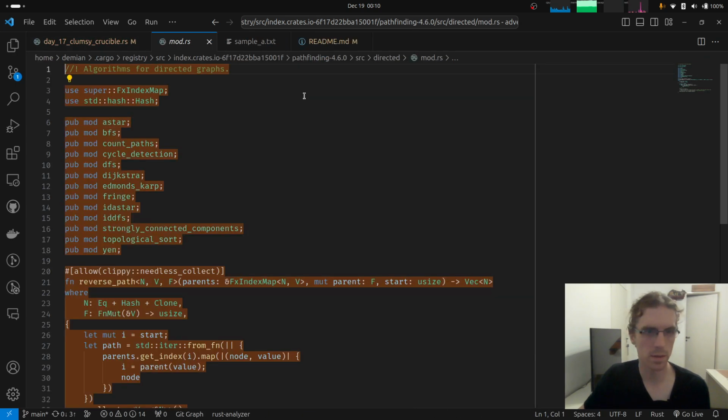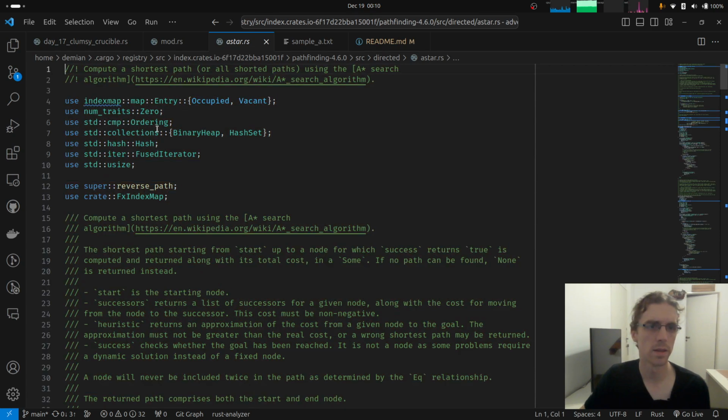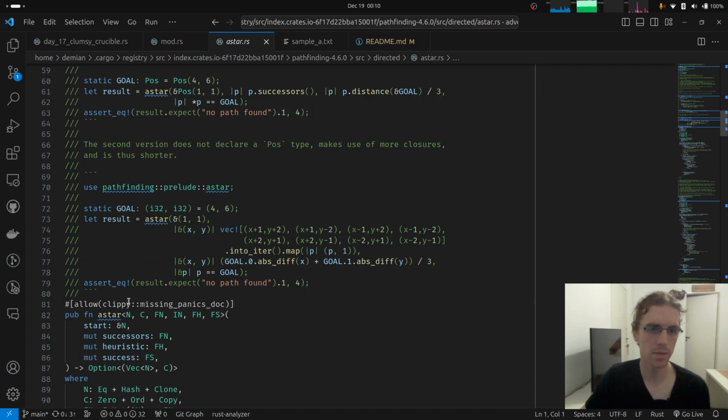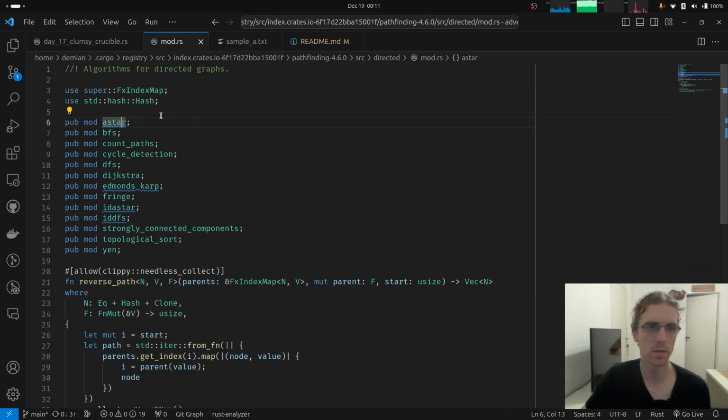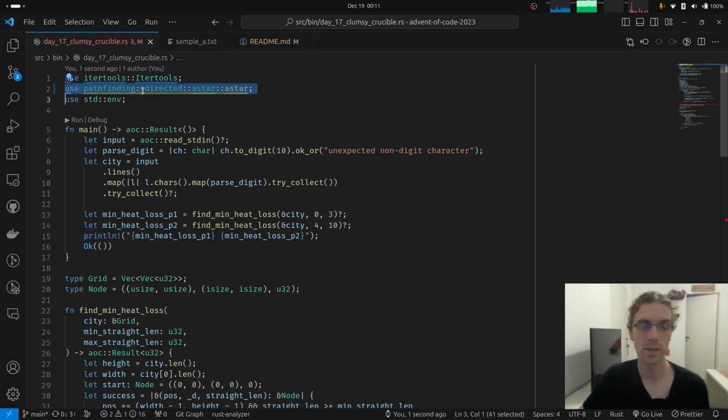So, the directed module. Do you have A star? Yes, you have A star, and inside here you have A star. So you just didn't want to import it. That's sad, because the namespacing on this crate is crazy.